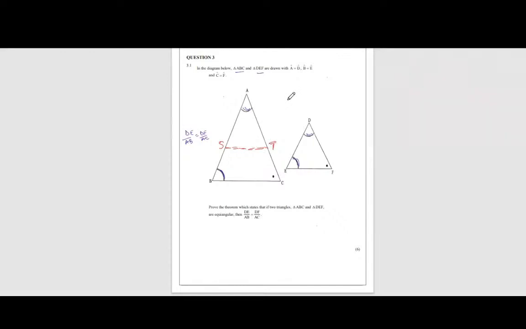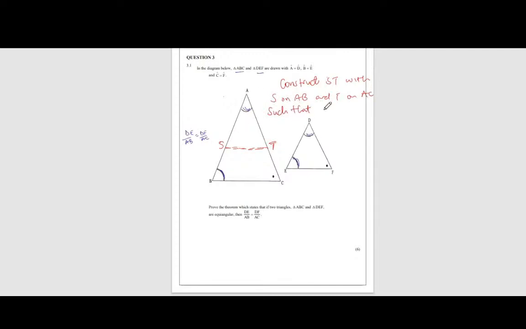So the first instruction is going to be construct. We are constructing ST, with S on AB, and then T on AC, such that